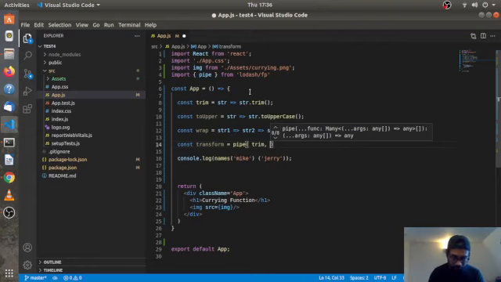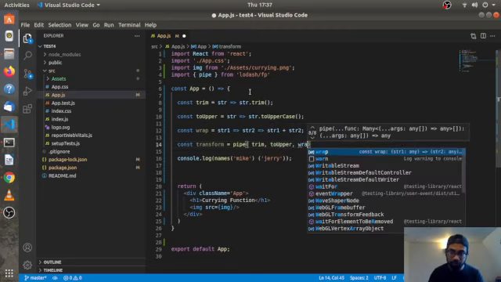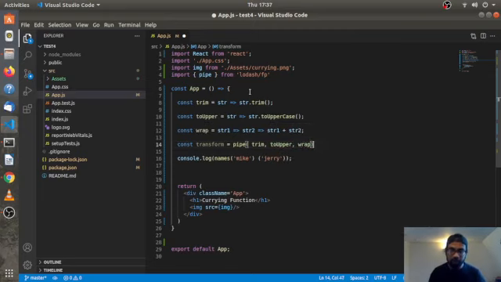Okay, let's do upper here first, and then we can call the wrap method, because the wrap method takes two arguments. Okay, so I have declared it already, but what is happening here is the pipe method takes functions as arguments. It just takes plain functions. So trim here is a function, toUpper is a function, wrap is also a function. It does take functions as arguments, and then what it does, and finally